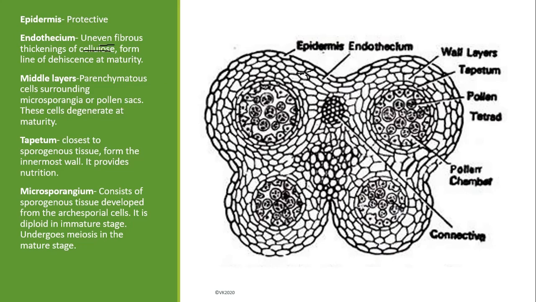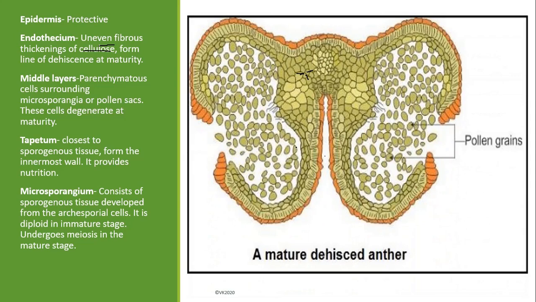And when you have dehiscence, dehiscence is essentially the bursting open of an anther to let the microspores out. So when you have dehiscence going on, the endothecial lining is where the anther will burst open and it will leave out all the microspores. So this is the space the microspores or the pollen grains will fall out of.